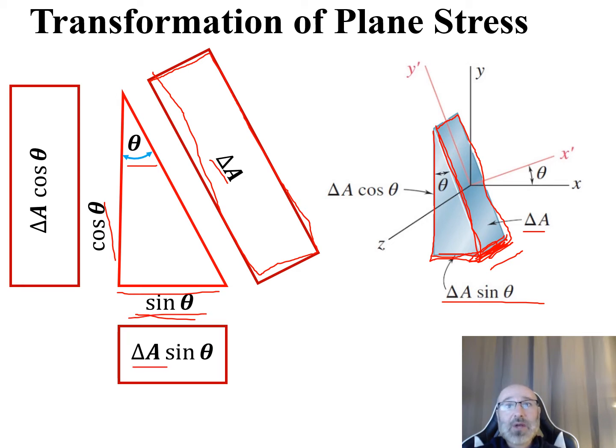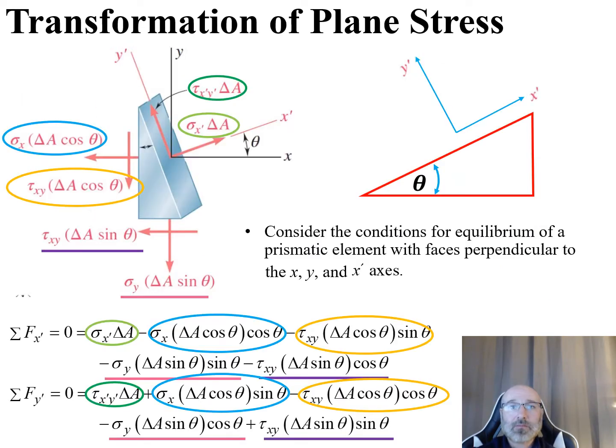And the same thing for this back face right here. The back face is going to have this delta A times the cosine of theta, because again, that width stays the same for all of those, and same across the bottom if we were to draw that out. That width stays the same for that back face that we're looking at. So this would just be our delta A times the cosine of theta. So this is just to give us a little visual on how we come up with these relationships for those different faces. So now let's go back and actually consider those conditions for equilibrium